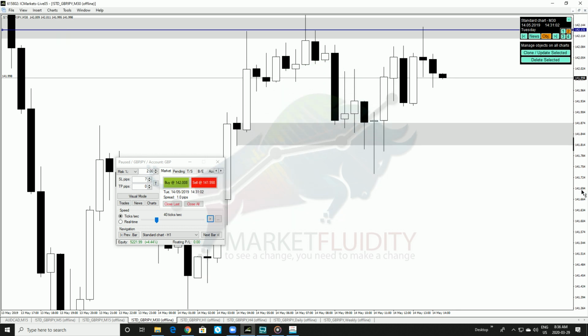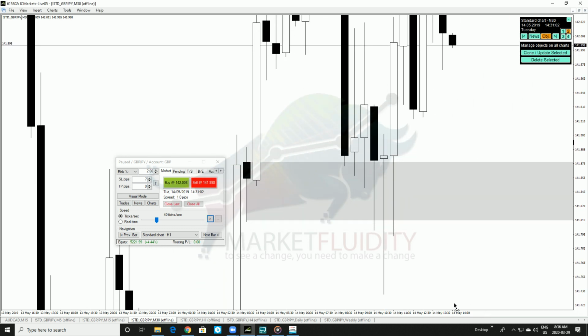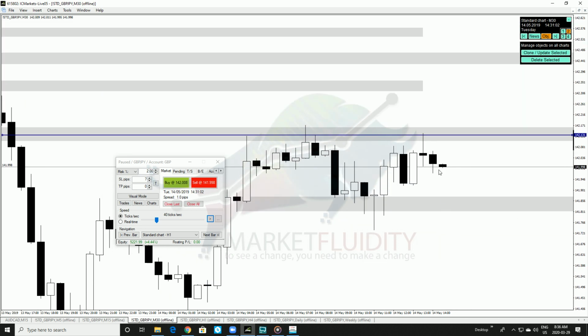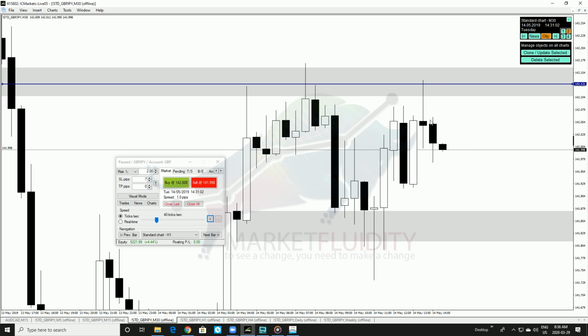All right, let's zoom in here on the candles. So we're going to look to see if we can take a sell, have a stop above here, because we're looking at candles making lower highs and lower lows. So basically a good stop loss is going to be above the previous 30-minute candle, because if you're anticipating candles to continue down, you're anticipating them to keep making lower highs and lower lows. So that's what we're going to do. Probably going to have an 8 pip stop right over here and